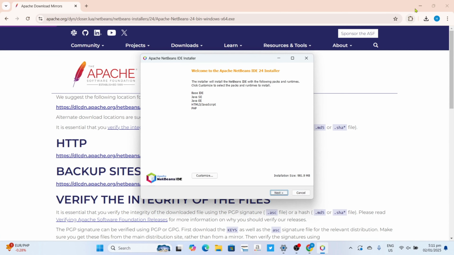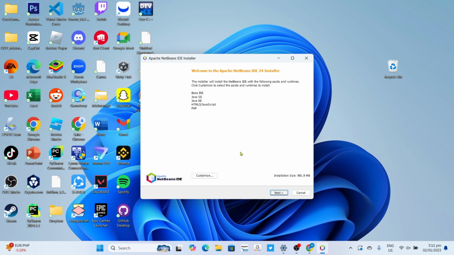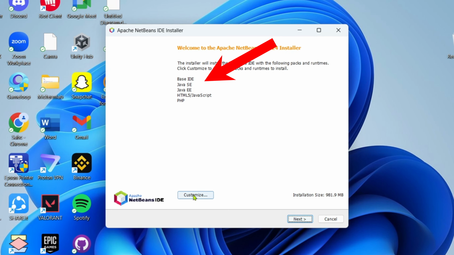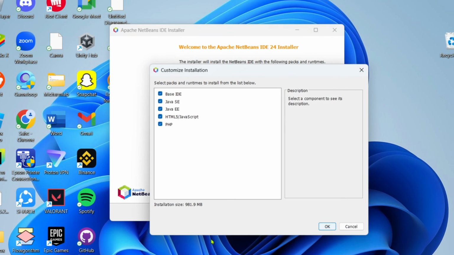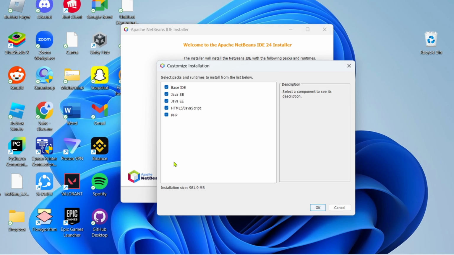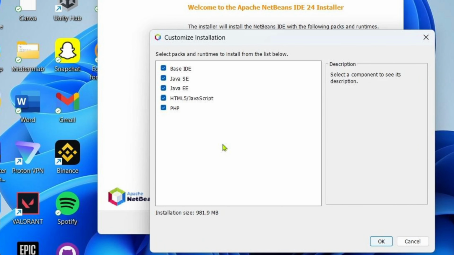And then you will begin the installation setup. Right here, you will see a list of components that will be installed in your NetBeans, such as Java, PHP, and HTML tools, but if you want to change or modify the components that will be installed, just click on the Customize button. And here in the customization window, you can select or unselect specific components that will be